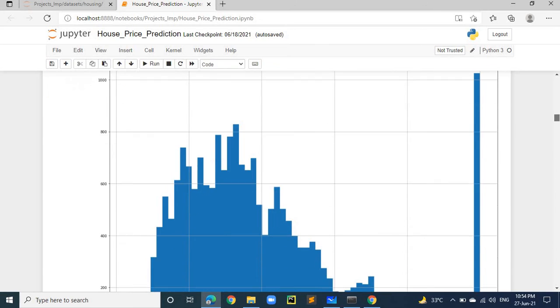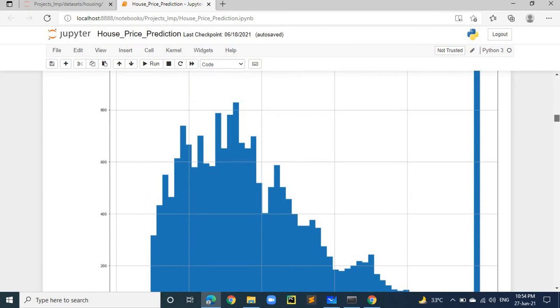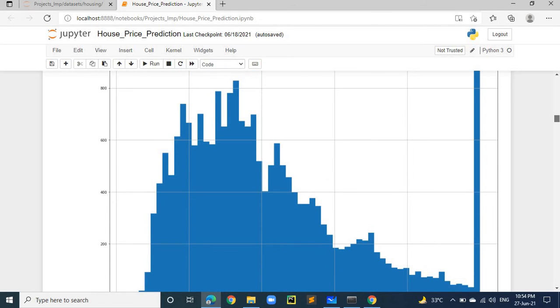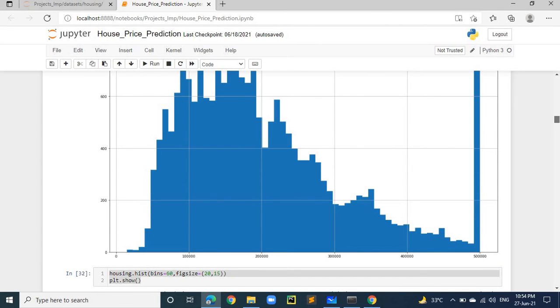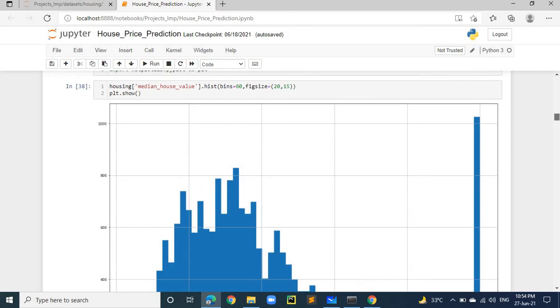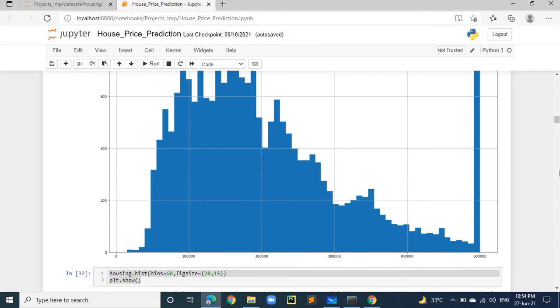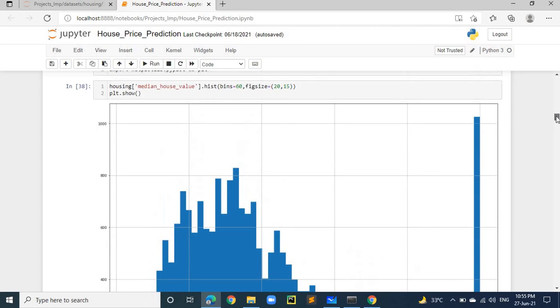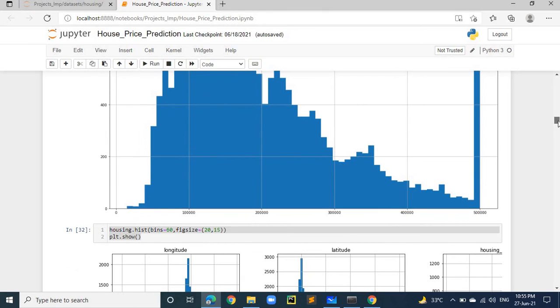Now, by applying the histogram, we can see how our predicted value is distributed. It clearly shows that the data is distributed between 0 and 5 lakh. Most of the values are capping at this point, because the records are capping here. You can see the bar is showing the maximum number of records here, crossing more than 1000 records. So this histogram tells us that all the records with housing value greater than 5 lakh have been capped at this point. They have been considered as 5 lakh only.